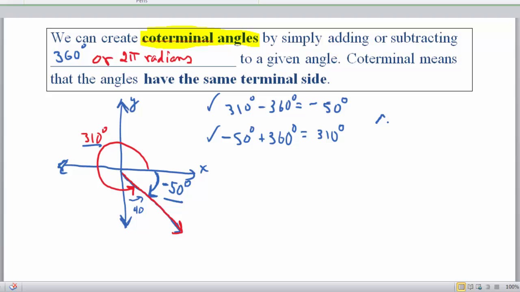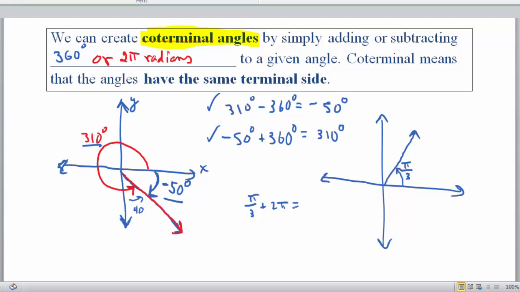So let me do one in radians now. This angle here, which I'm going to call pi over 3 radians. How could I create coterminal angles with that? I would do pi over 3